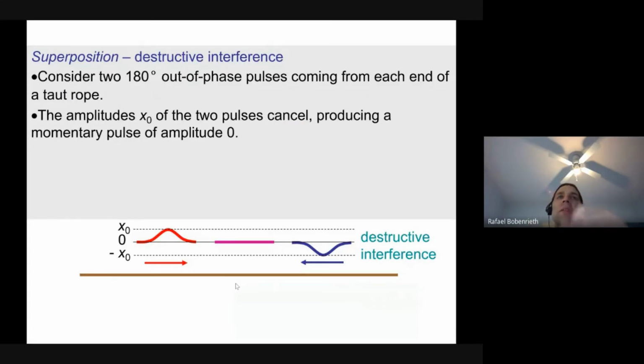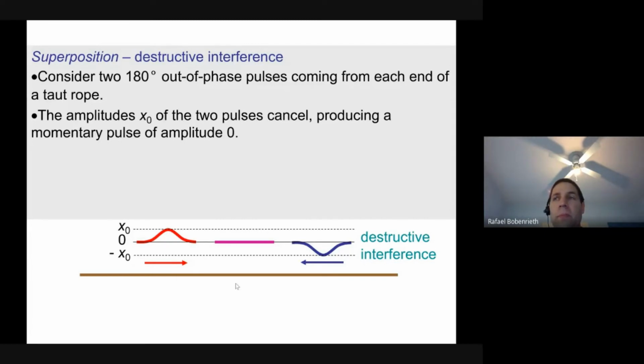So I'll give you a second here to just jot down a few more notes if you want to about this. I just want to tell you that these are really important principles, and we're going to build on them, because what we're going to be doing in the coming sessions, probably next session, is look at particular special cases of constructive and destructive interference where things called standing waves are set up. Standing waves are pivotal to understanding the physics of music, the physics of musical instruments. We're going to spend some time on that next week.